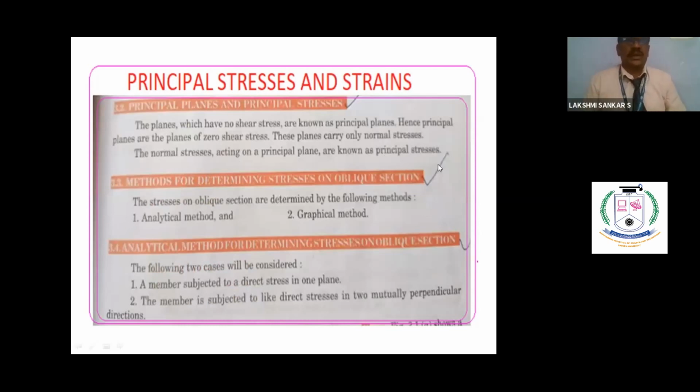So you take a complex material which is being stressed by a lot of things, like tensile, compressive and shear stresses, all accommodated. You consider a cube internally and rotate it in such a way that at a particular plane you notice that only normal stress exists and shear stress becomes zero. That plane is called a principal plane. The corresponding normal stress is called a principal stress. There are methods, analytical as well as graphical. So different things are there, right?